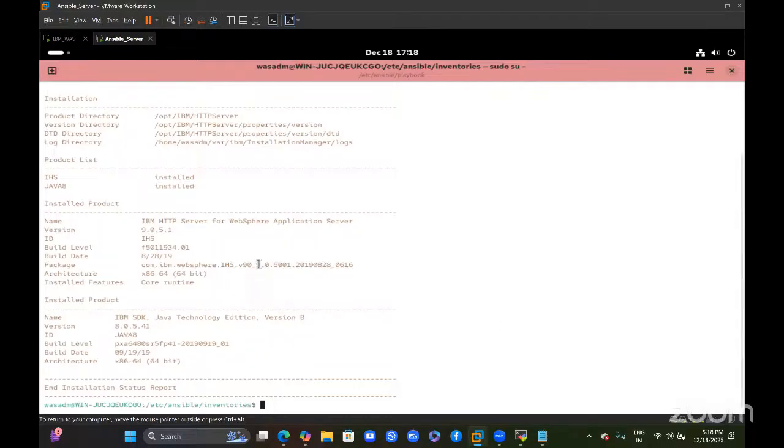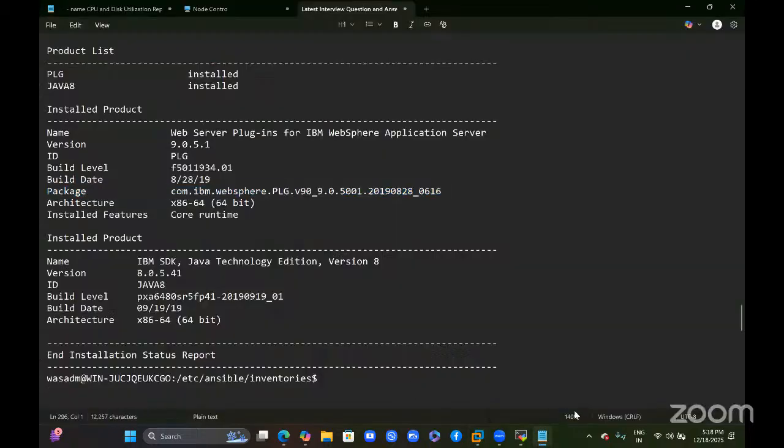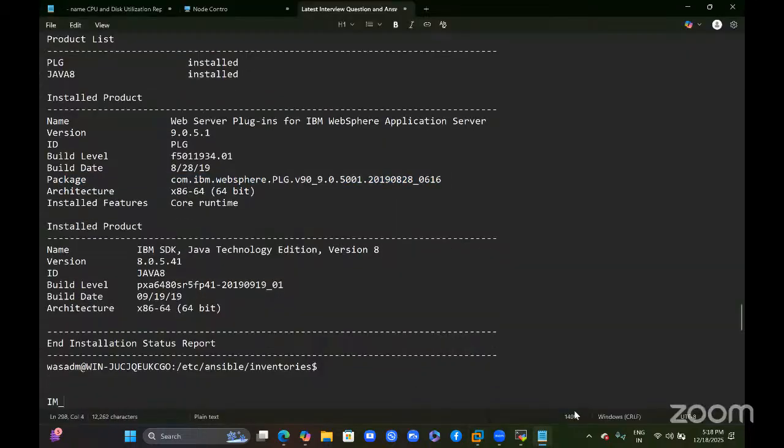This is the package ID we need to uninstall. What is the process to uninstall? IM path, under the bin, run the command